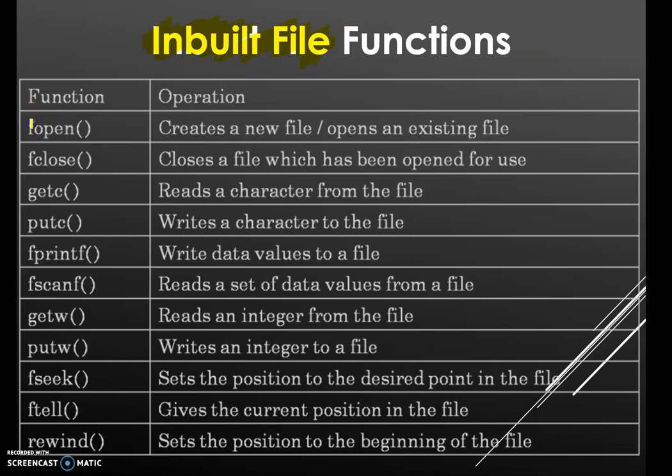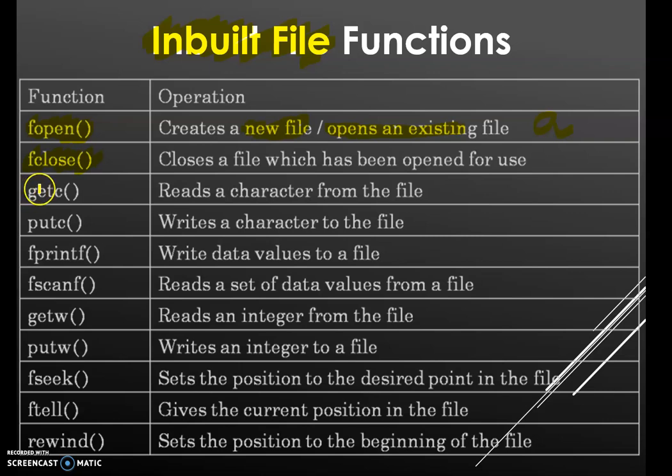The very first function is fopen. We have already used this function in our program, so we know that we use it to create a new file or to open an existing file. And we know that if the file does not exist and we have used the append mode, it will create that file. The next function is fclose. We just discussed that every time you perform any operation, always make sure that you have closed that file, and then again you can open it for another operation.